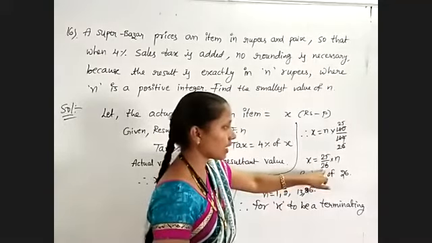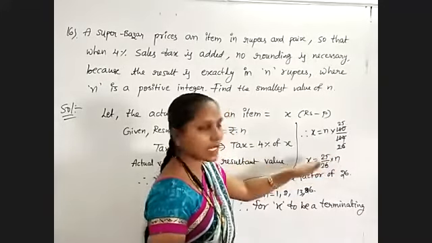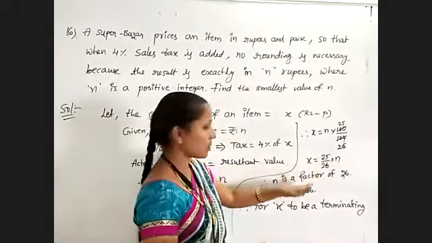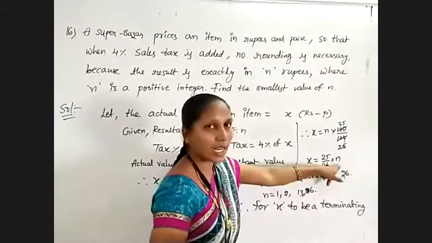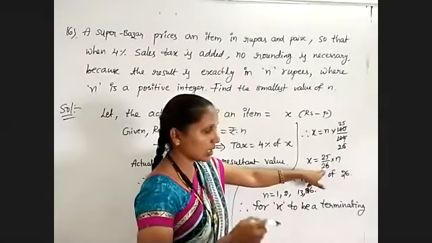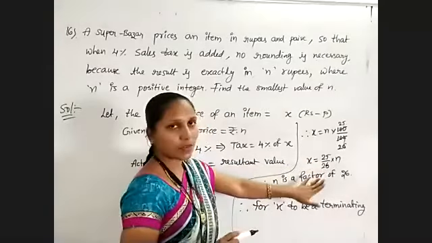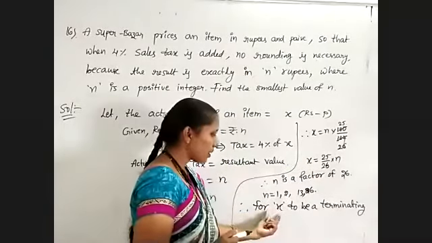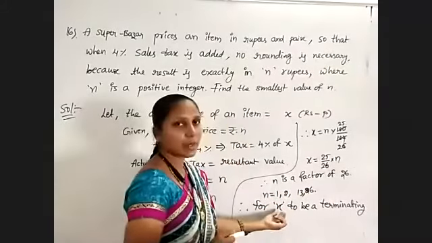So what are the factors of 13? If you are removing the 13, this one will become a terminating decimal. Means either 13 or 26 is possible to take for n. Understand? If you are going through 1 and 2, in the denominator 13 we can't cancel. That's why we will not get that one as a terminating decimal. If we are taking 13 or 26, then only we will get x as the terminating decimal.